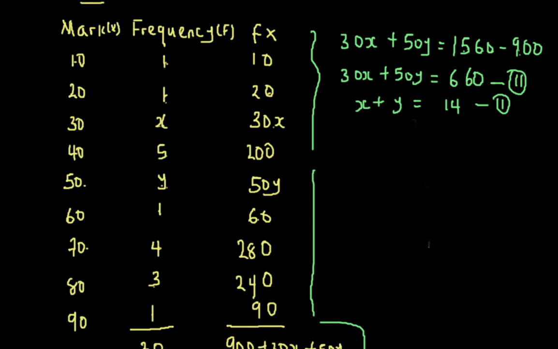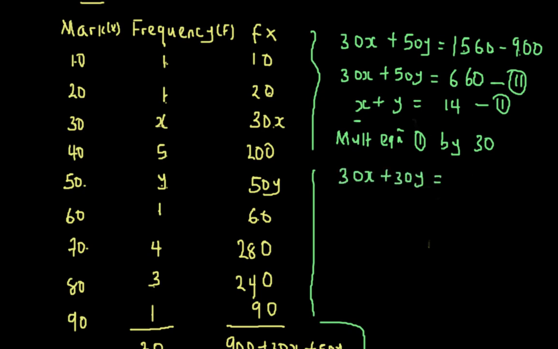If we decide to eliminate x, we multiply equation 1 by 30. Now, if you don't understand how to solve simultaneous equation, you need to watch the video on that. So if we multiply equation 1 by 30, we are going to be having 30x plus